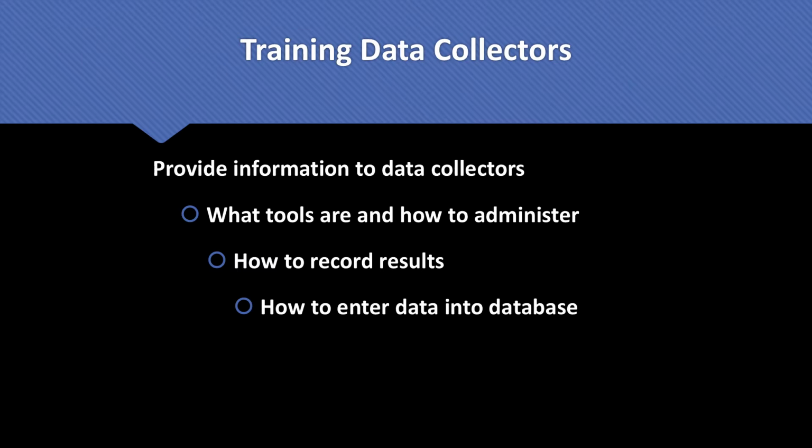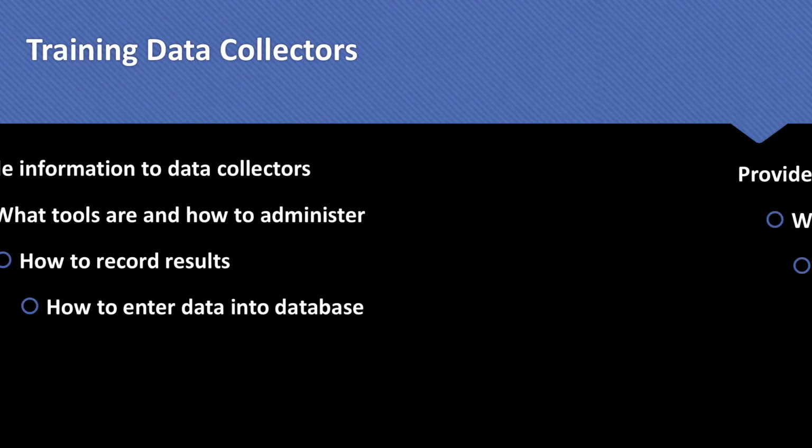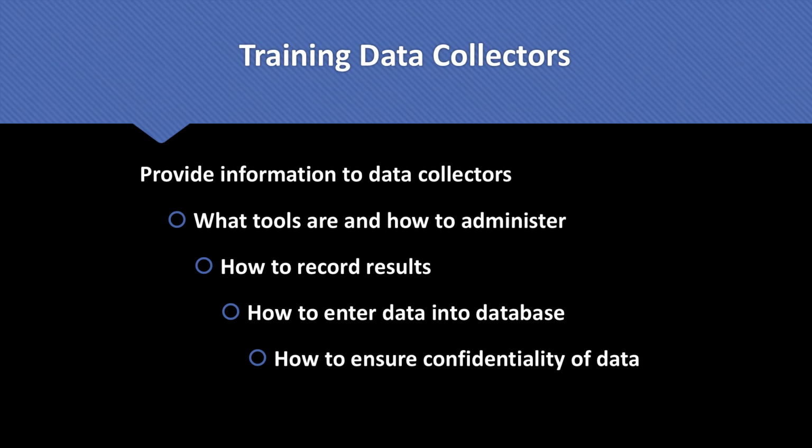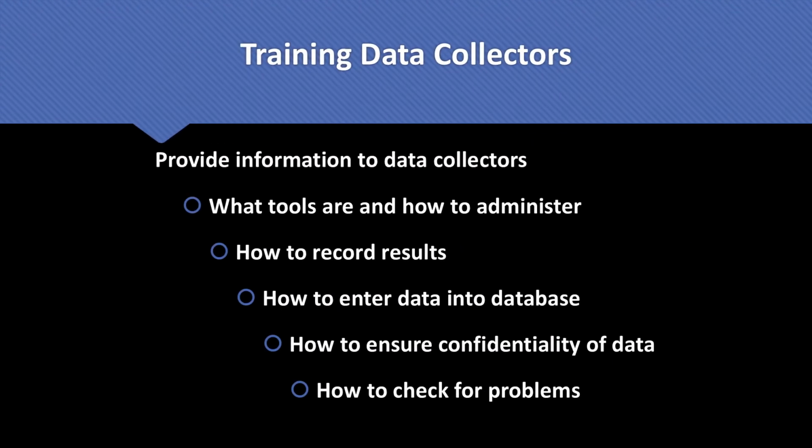Although you might not have a formal database, your program must keep data in an Excel spreadsheet or even in a written logbook. Whatever method is used to enter data from all tools, collectors should be trained to use it properly. All source documentation must be stored to ensure verifiability of reported data and secured to protect any sensitive information. Source documentation includes survey responses, attendance sheets, and any other completed instrument used by the program to collect data. This is particularly important with data that might be sensitive, such as the participant's last name, home address, student grades, etc. Be sure to train your data collector about what to do when potential problems occur.